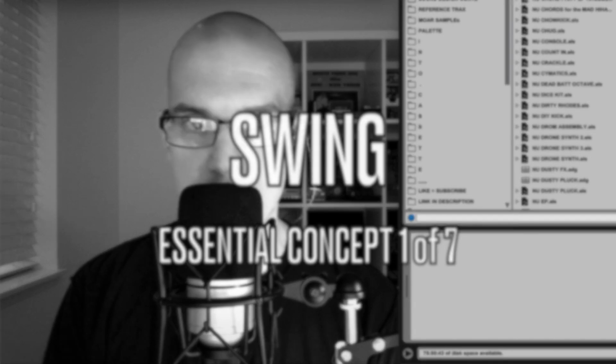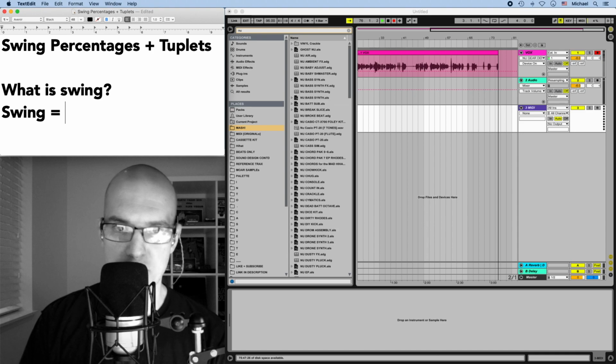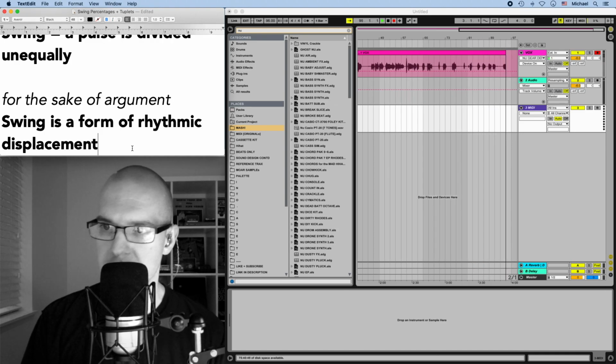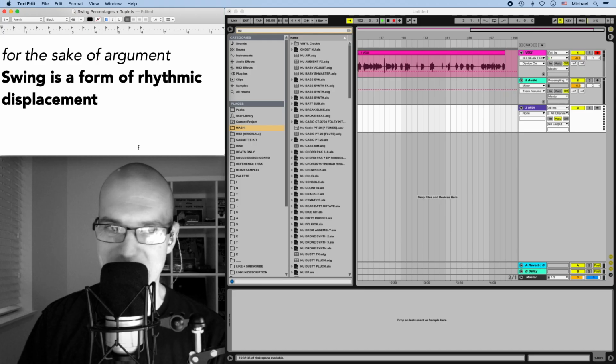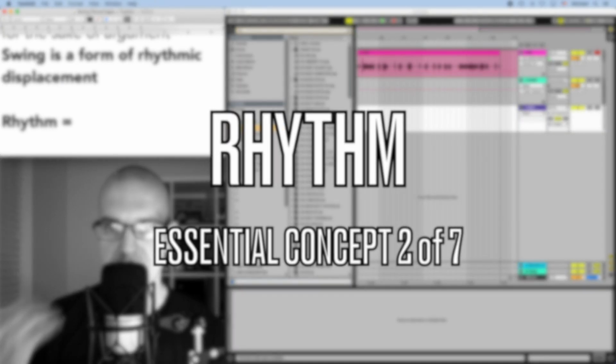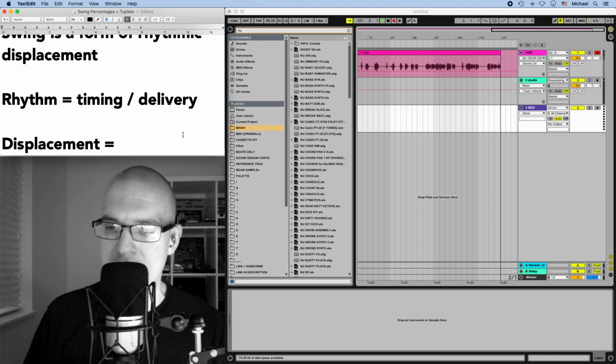In order to understand swing percentages, the first thing we need to know is, what is swing? By definition, swing is when a pulse is divided unequally. We'll say for the sake of argument, swing is a form of rhythmic displacement. In order to understand rhythmic displacement, we have to understand what rhythm is. We also have to understand what displacement is. This is an oversimplification. We'll say that rhythm has to do with timing and delivery, how you deliver those notes